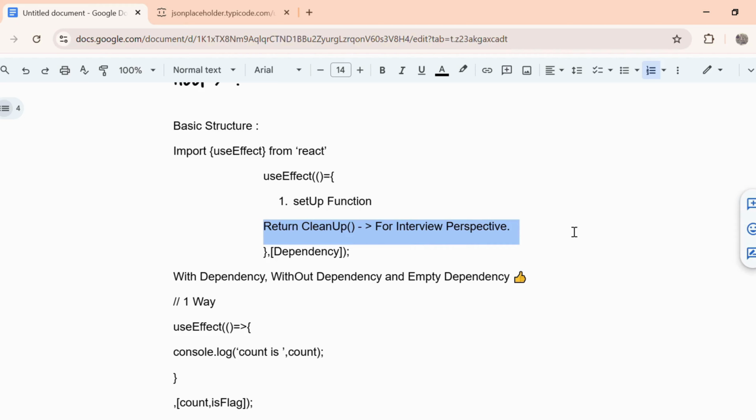Here is the cleanup function. It is very important in useEffect because it is used for preventing memory leakage, and this is an important concept from the interview perspective. If you have a setup function and you have consumed some services, but you are not releasing the memory of that service, you are not disconnecting something, then